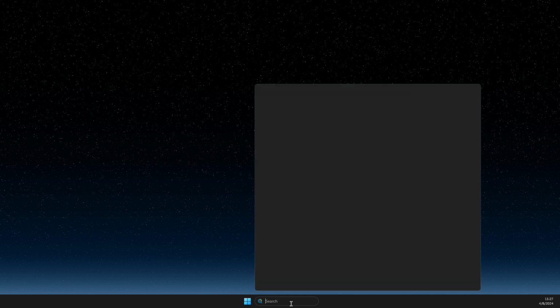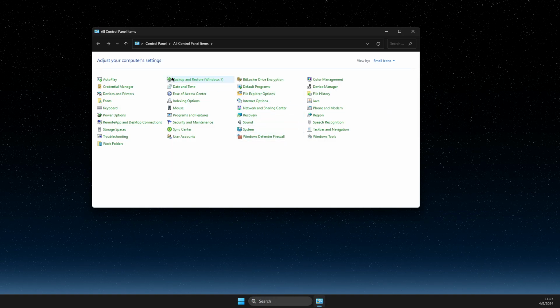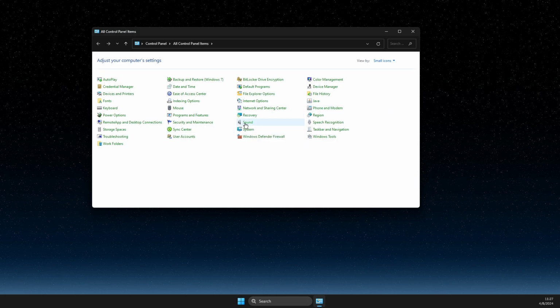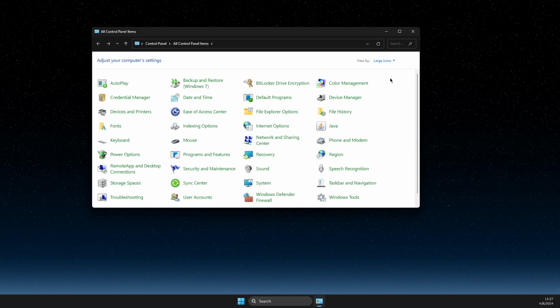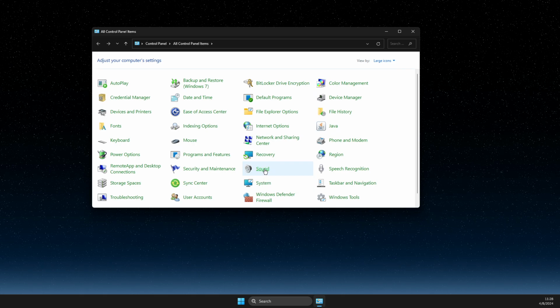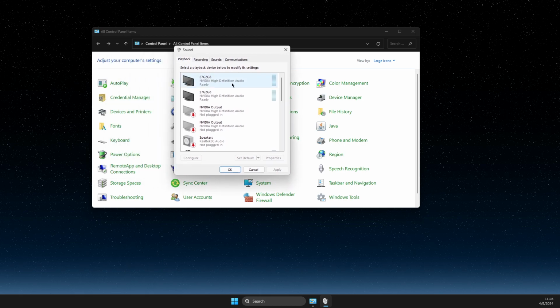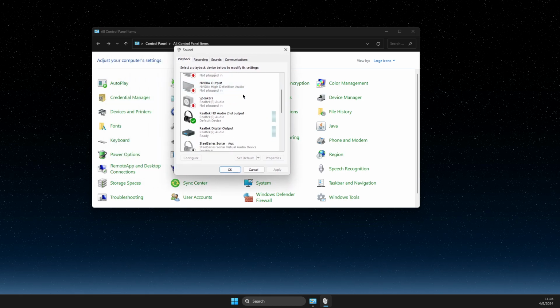First of all, go on search and you just need to write control panel. Press on that, and then here you need to look for the sound. If you don't see sound here, maybe make it large icons or small, but it should be sound. So press on that, and then you should be on the playback and scroll down until you see the device